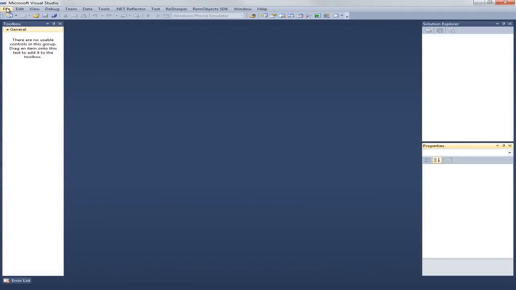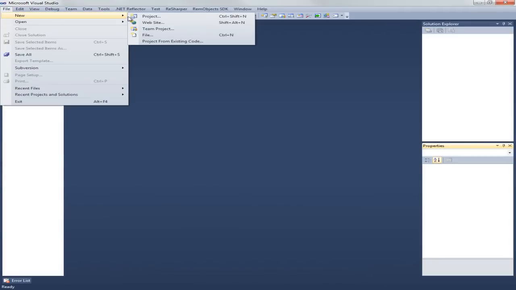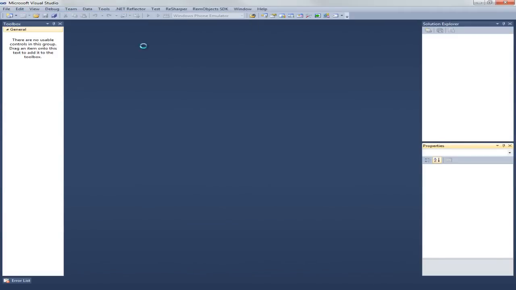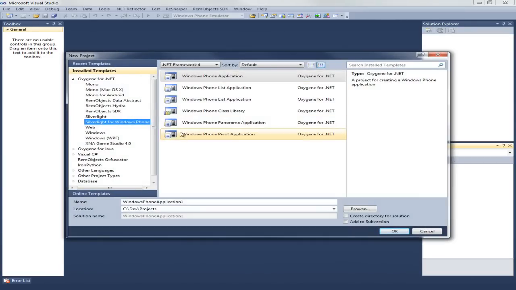Go ahead and create a new Windows Phone application here. Just to show you around, what you can find in here. Under Oxygene for .NET, you're going to select Silverlight for Windows Phone. This is what you're going to use when you're creating typical UI applications, business applications, if you want to call it that. There's also the